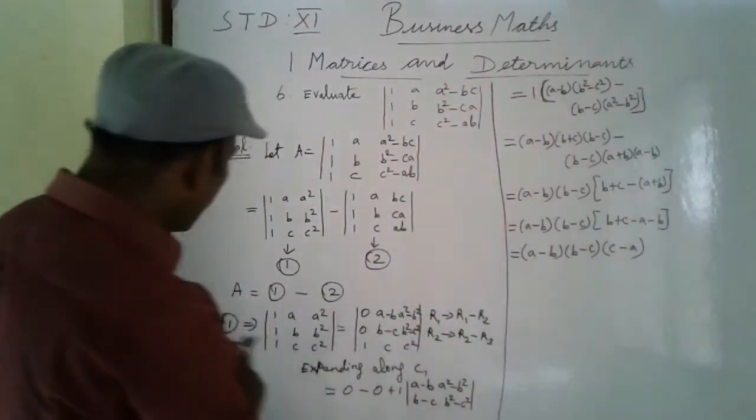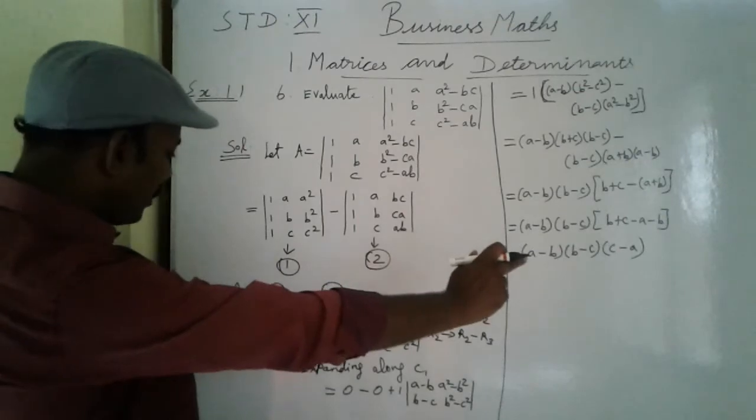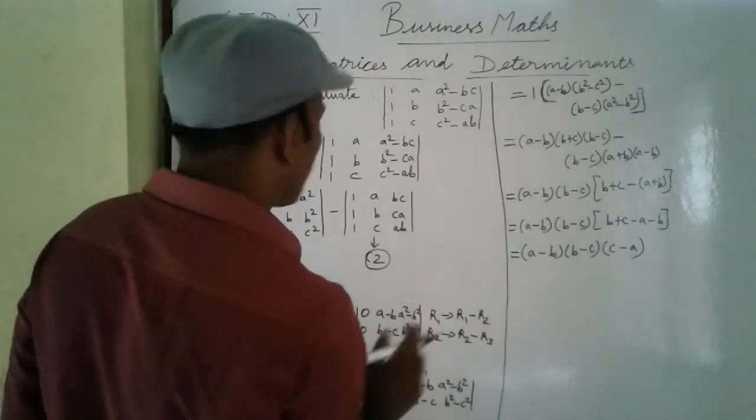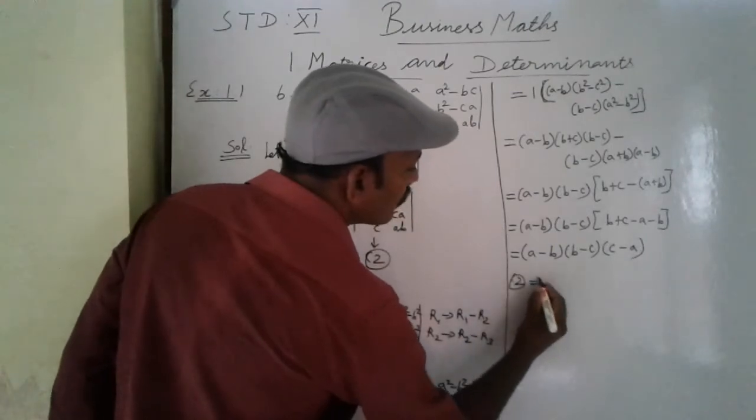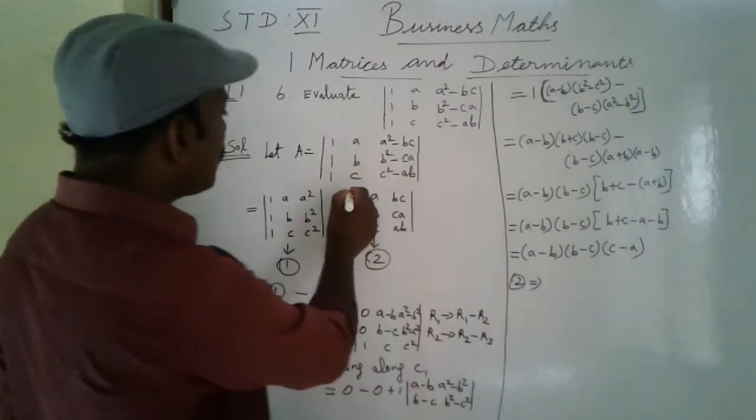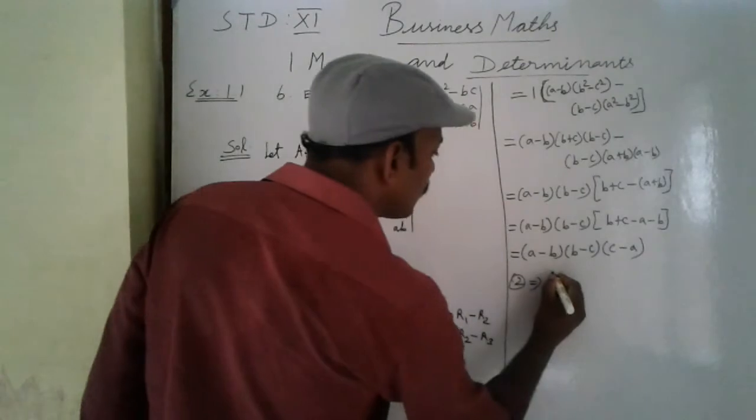So this is the first equation. Expanding, then we get the answer. Next, the second equation now. Second equation, what is the determinant of